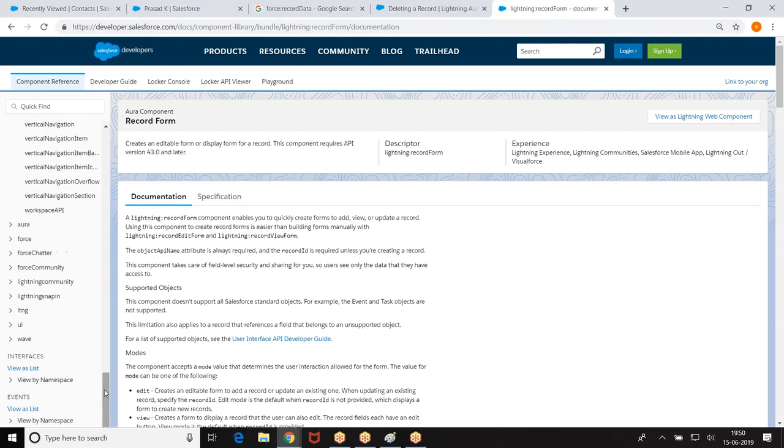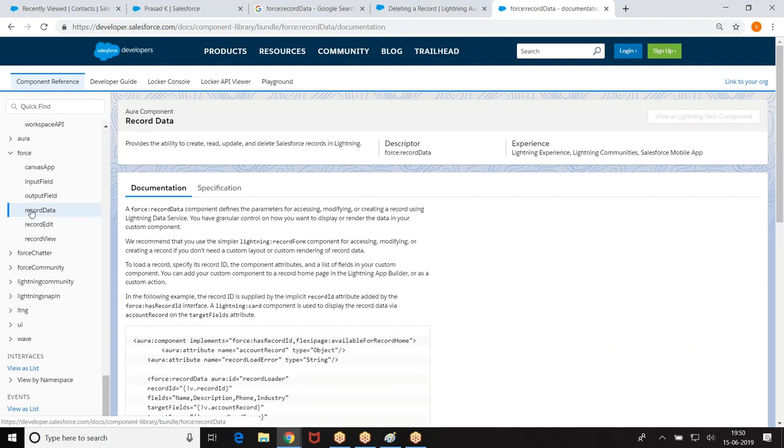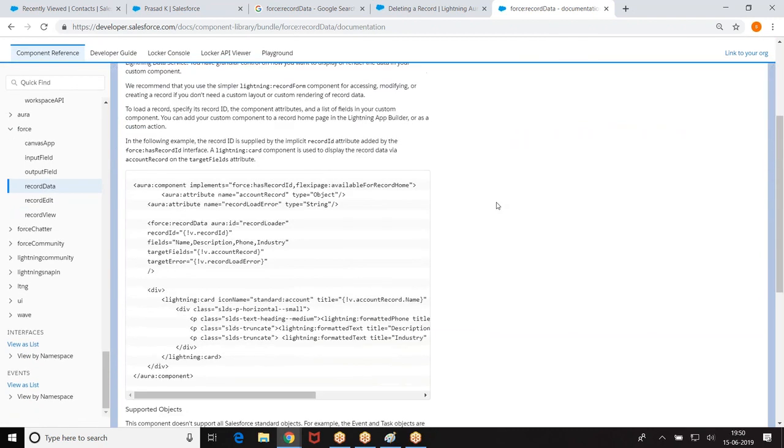But next we went to the second concept. What is that? Lightning Data Services. In Lightning Data Services, what we have used: I want to refer to the record, any one of the record pages. From the record page, I want to add custom components, or I want to perform DML operations on that record without interacting with the server.